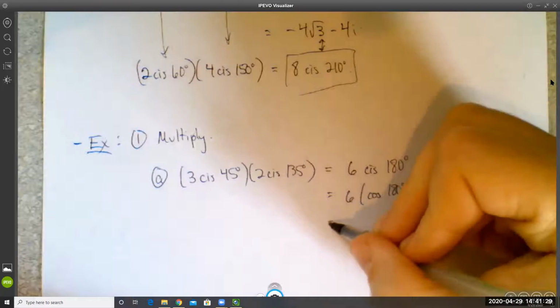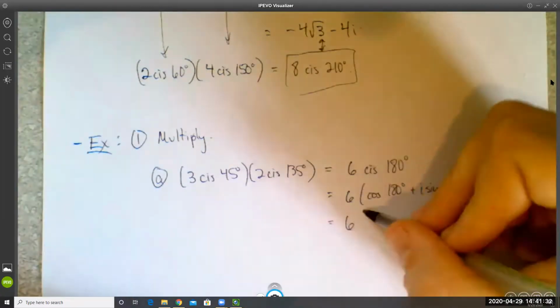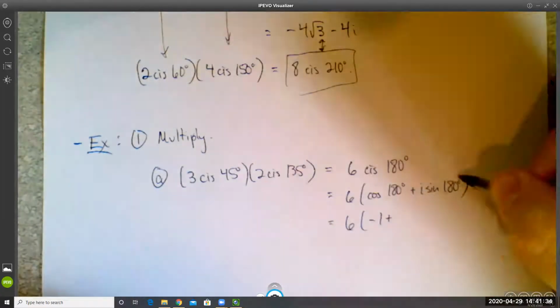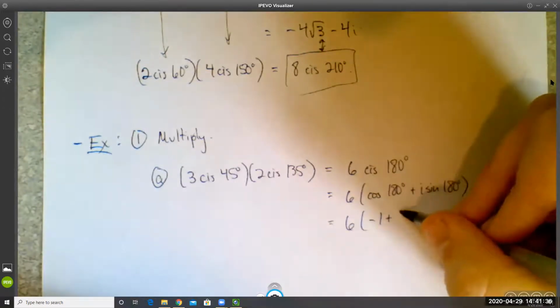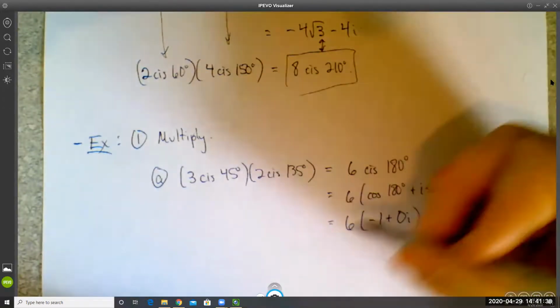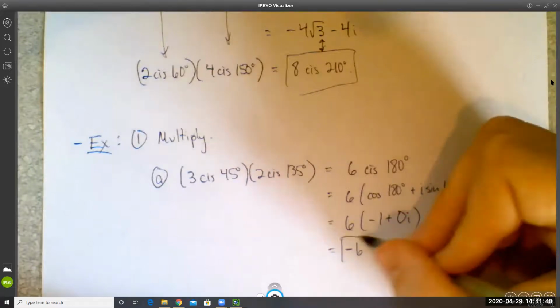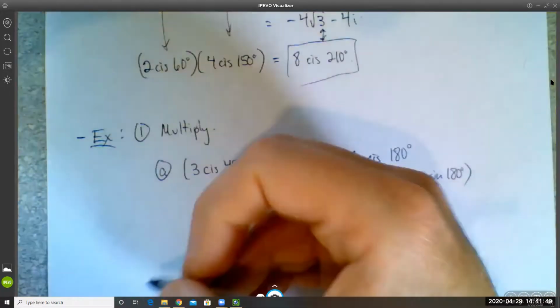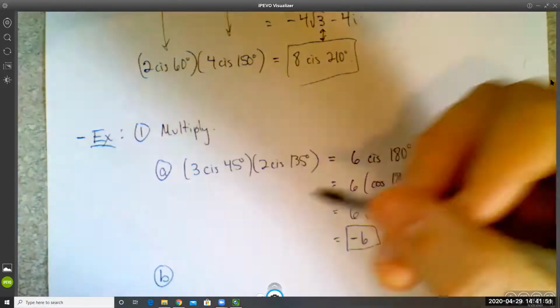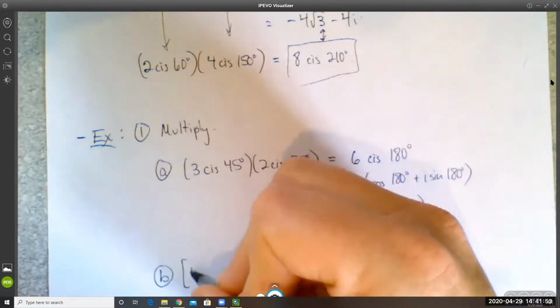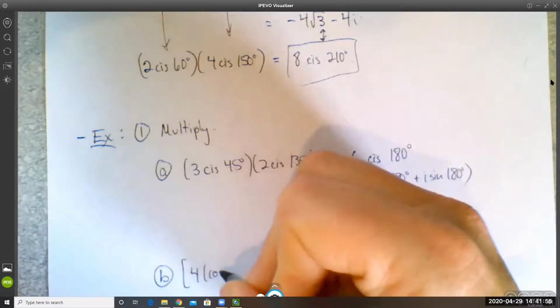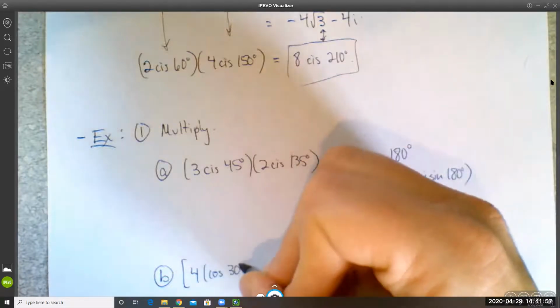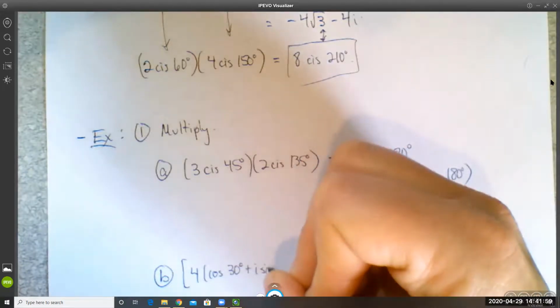Cosine of 180 degrees would be negative 1. Sine of 180 degrees would be 0. So this is just negative 6. Okay, and that's that one. Okay, here's another one. Let's do 4 times cosine 30 degrees plus I sine 30 degrees